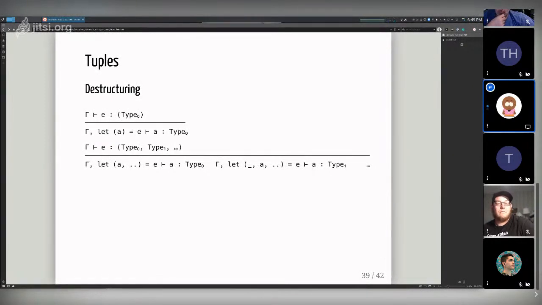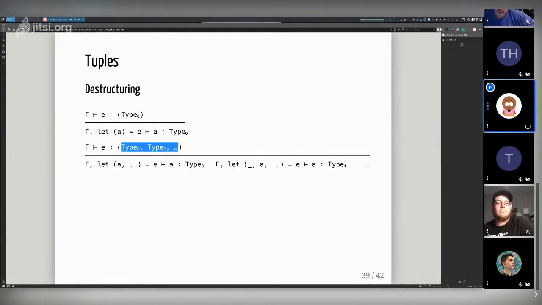If I have a tuple of type 0 and I do a let binding of that type, and I bind to the first field, say this is a single field tuple, then the type of A should be the type of type 0. So it should be very simple. If I have a single field tuple and I do a let binding against it, I'm going to get the type that's in that single field. But this can be extended into infinity, right?